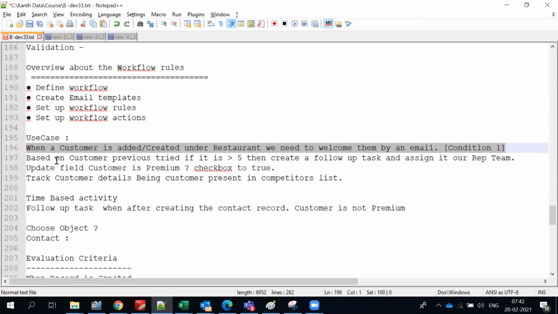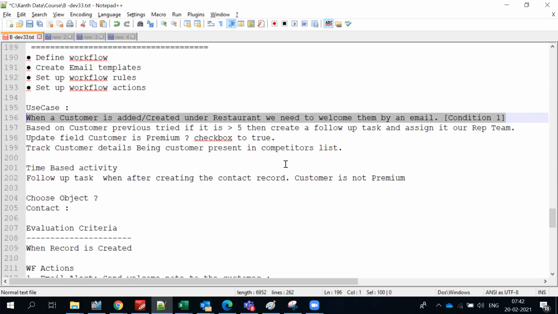Based on the customer's previous experience, how many times he ordered, we're going to do a field update saying that he is a premium or not. Now again, based on premium or not, we were checking it. We are again going to do some activity: if he's not a premium, then do a follow-up task of one kind; if he's a premium, do a follow-up task of a different kind. So that is all we want to do. A couple of actions we would be doing, and at the final stage, I will tell you